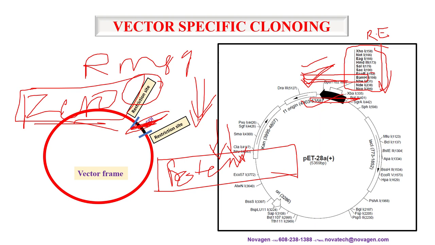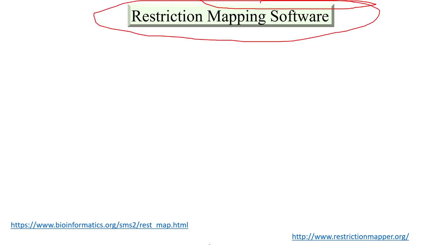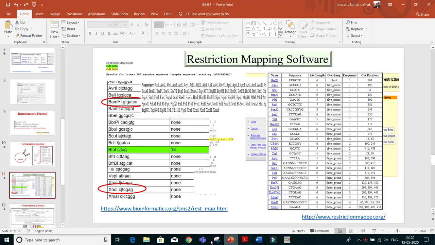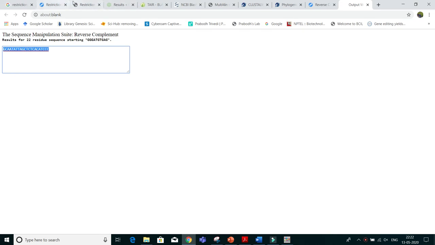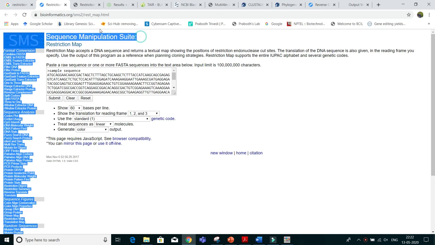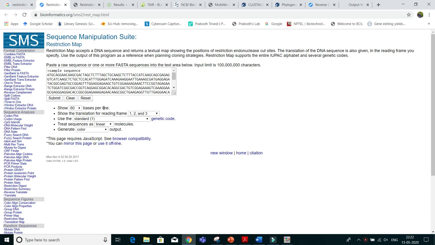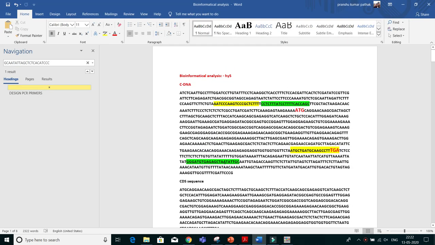Okay. So my dear friend, now we have to go for restriction mapping. So let's begin. Yes, I can go from there also, but I just want to skip that, discard it, and let's come to restriction mapping. In this particular lecture, I have covered two restriction mapping software. So let's play. This is your sequence.